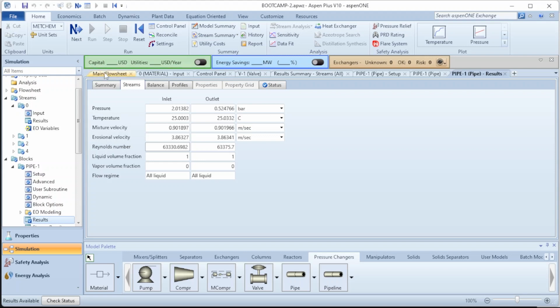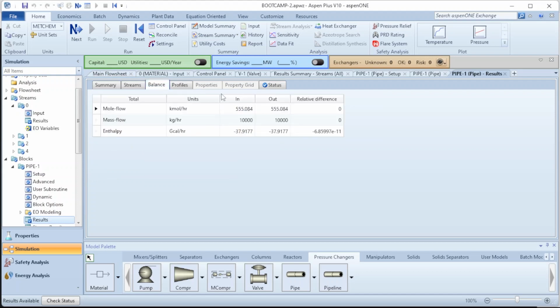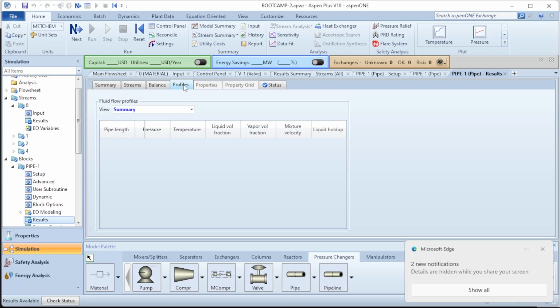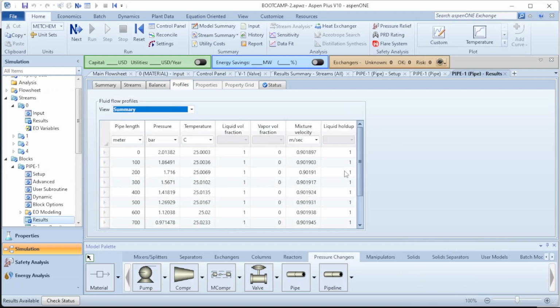Okay. So as we proceed, we can see the balance. You see that the energy balance and the mass balance, the difference is zero. It's the same water that's coming out. And you can see the profile of the pipeline. So you see that there is a summary. Okay, let me select all,